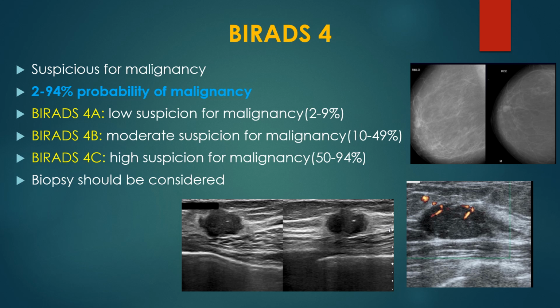So here you can see on mammography a very irregular lesion underlying the areolar region. Another small irregular lesion here, and on ultrasound we can see a hypoechoic lesion with mildly irregular margins and vascularity, or we can have a lesion with angulated or spiculated irregular margins. All these are highly suspicious for malignancy. So it becomes a BI-RADS 4C lesion.